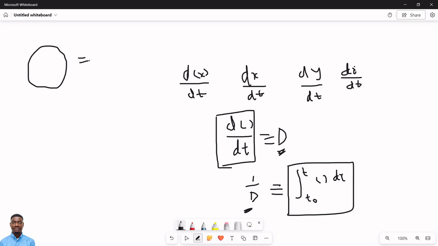We know that the circumference of a circle equals 2 pi r, where r is the radius of the circle and pi is 22 over 7, a constant we know, and the radius is multiplied by the constant 2. Let me just clean that off. So this 2 pi r is the mathematical model